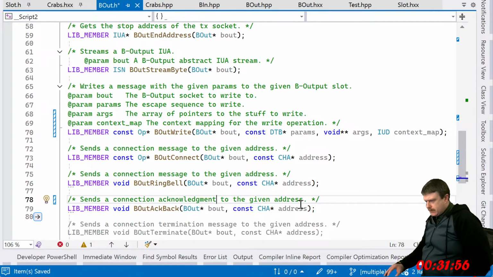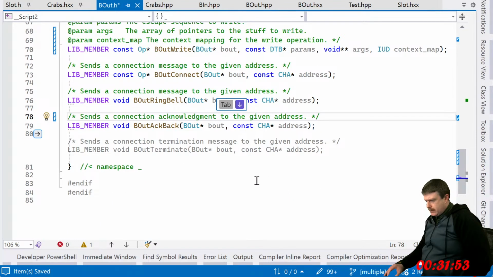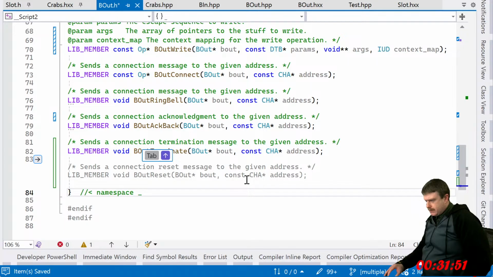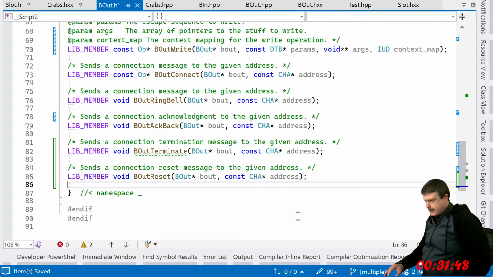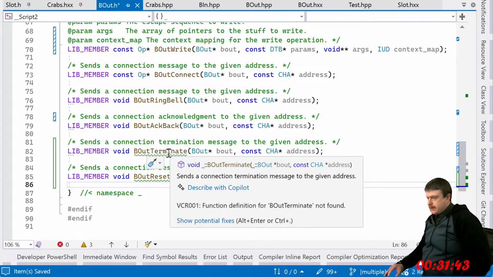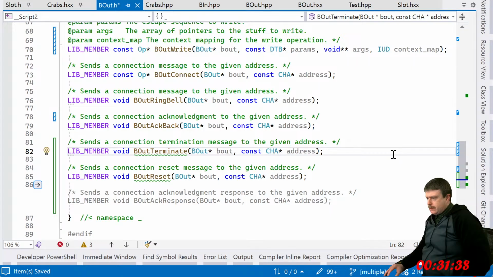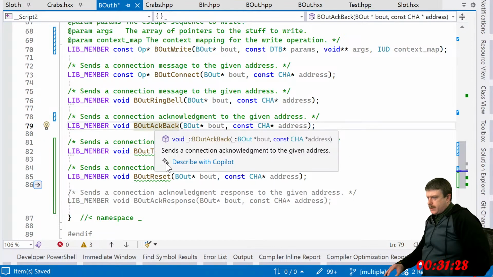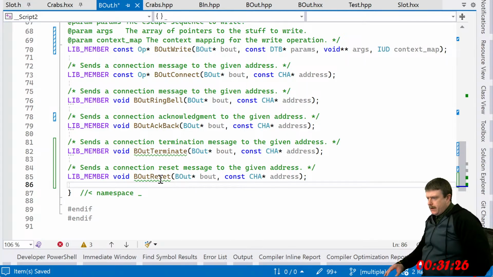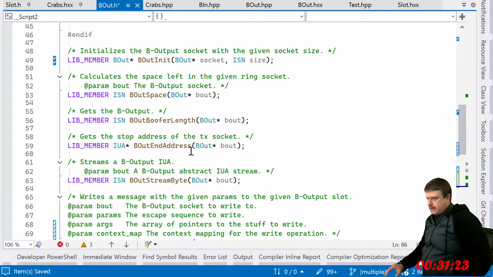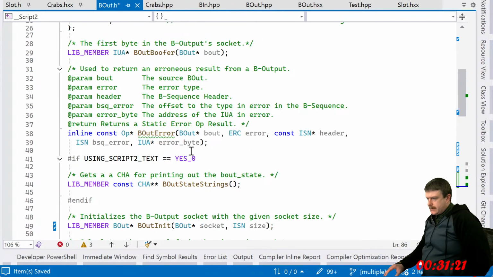Sure. Oh, termination. What does this do? Oh shoot. Terminate? What is this? Back act response. Act back? No, that's what the act back is. Why terminate? Does that make sense here?